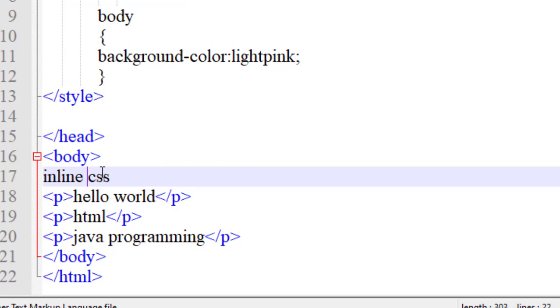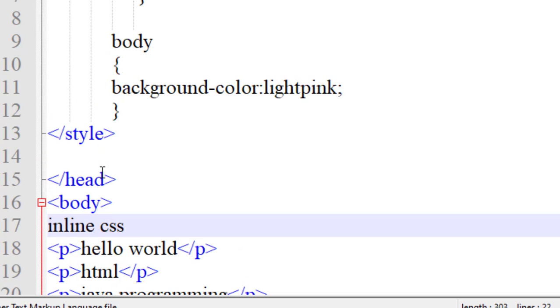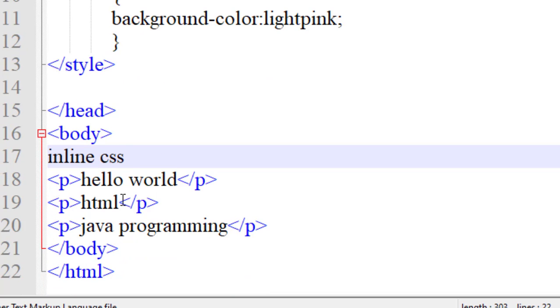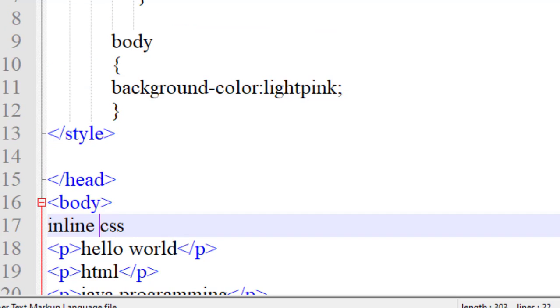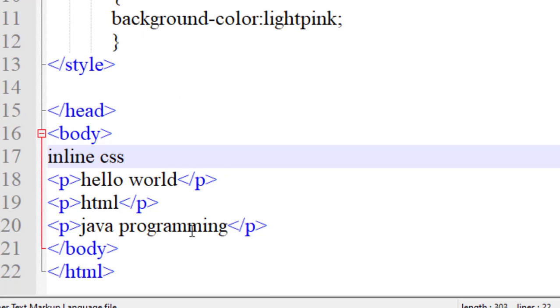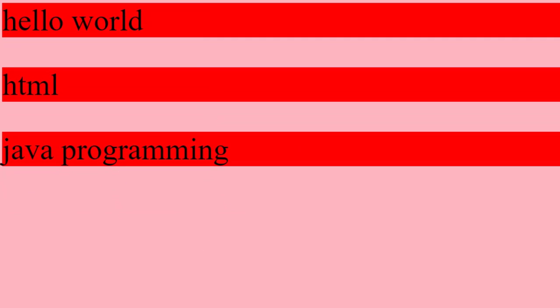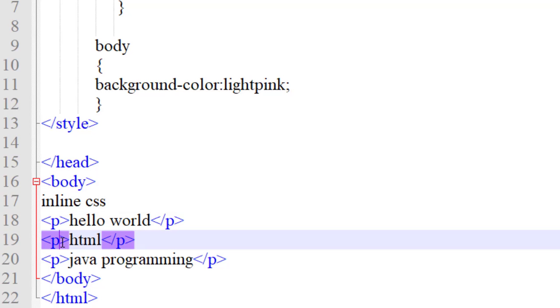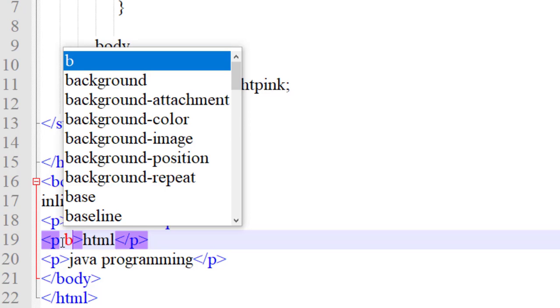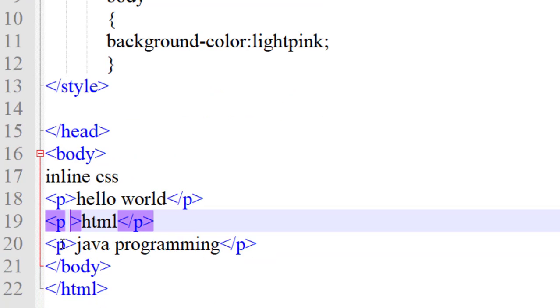Now you can see we have already set the paragraph as red and body as light pink, and you can see the output. All the paragraphs get the red color, but now I want the second paragraph as green color, and the third paragraph as yellow color.